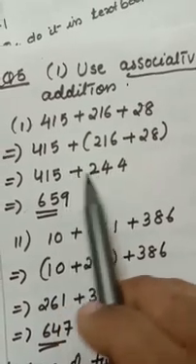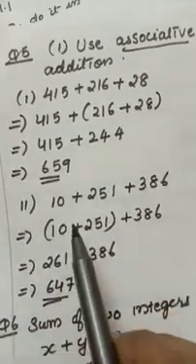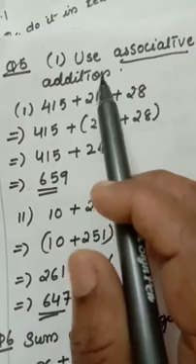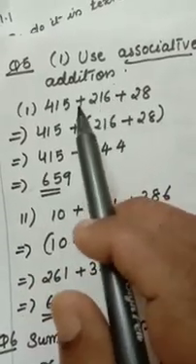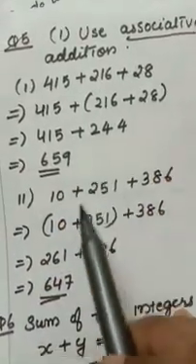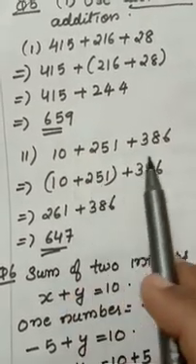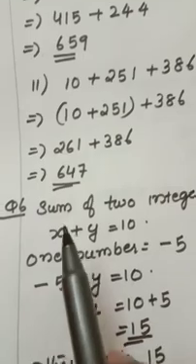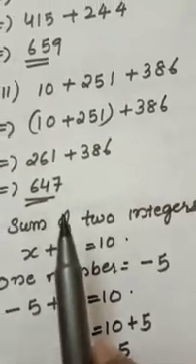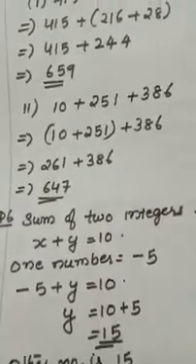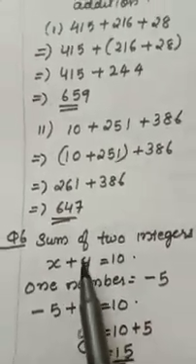After that I added. Okay. Here you can group this also. That is not a matter. These 2 numbers you group it. Whatever the answer you are getting, you add it with this. Here these 2 I grouped. After that I added with this one. Okay. That is associative. Association. That means grouping.